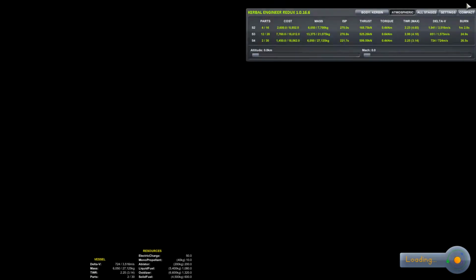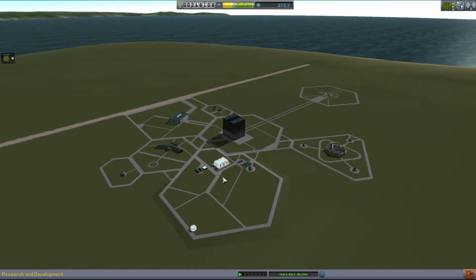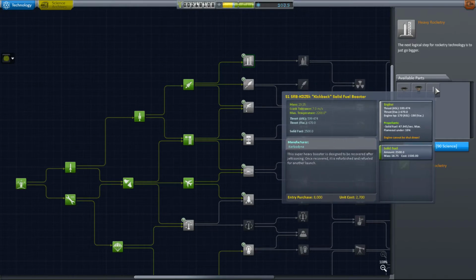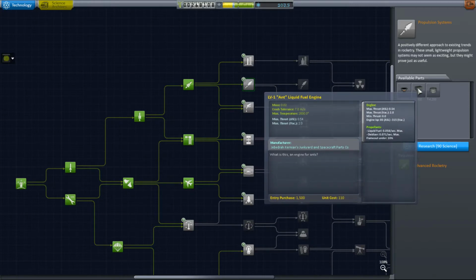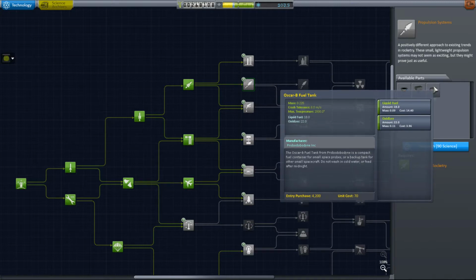So, 10 minutes left. What I'm going to do is get that research for bigger rockets and see what I can build, basically. No, to enter you. We've got heavy rocketry, which will give me a bigger solid fuel booster. I've got propulsion systems, both of which are 90, which is going to be Spark and Oscar B fuel tank, which I'm going to guess is for like floating around in space rather than...